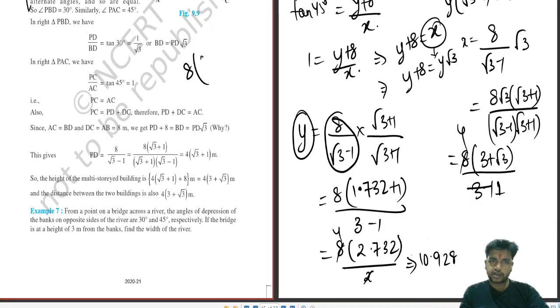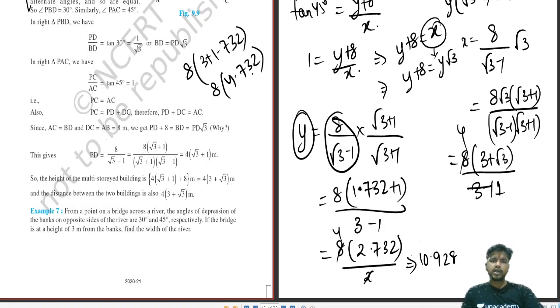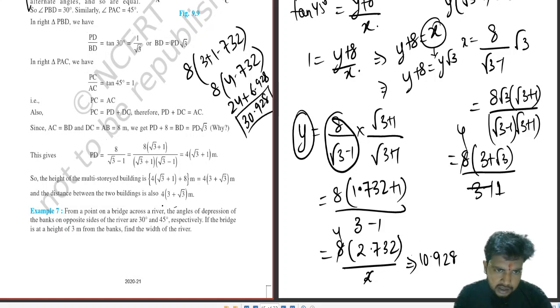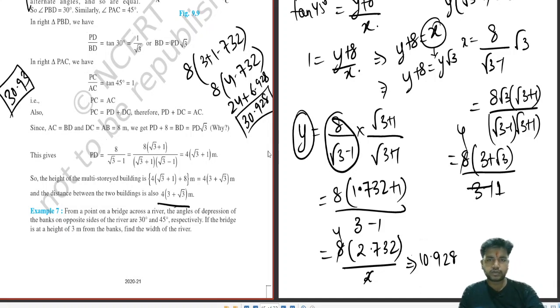Now if you calculate it, 3 plus 1.732. So this is 8 into 4.732. Okay. So 24 plus 6.928, that is 30.928. So let us see the answers. See over here, they have completed it over here only. They have not solved it. But you have to solve it to the perfect decimal place. Always remember, most of the answers could be 30.93 also. This is also the correct answer. Make sure you solve it very carefully.